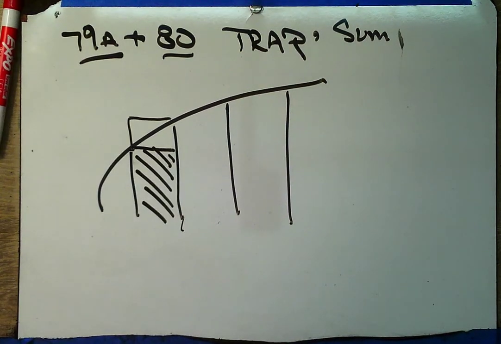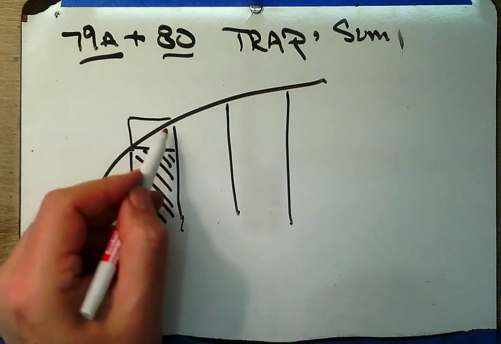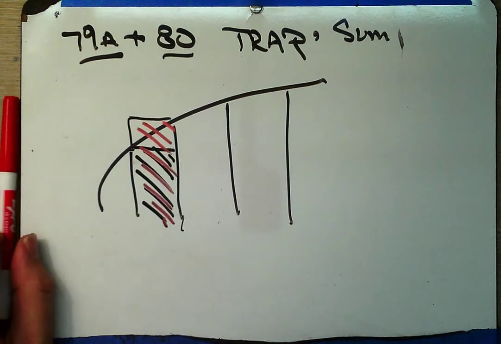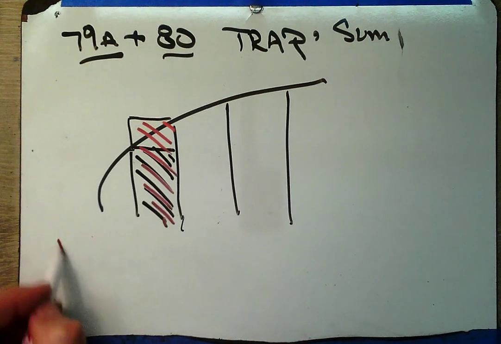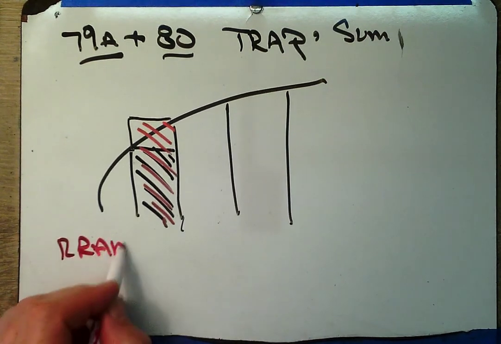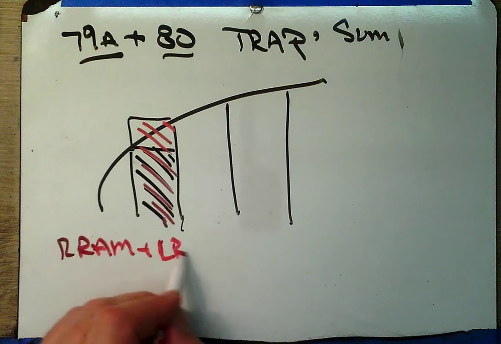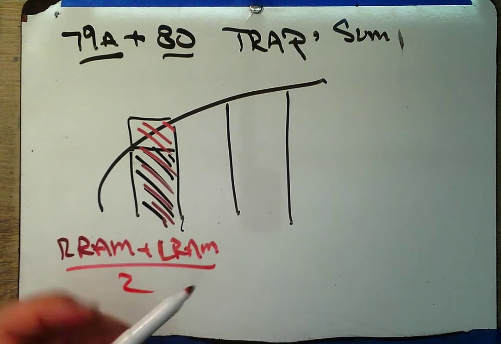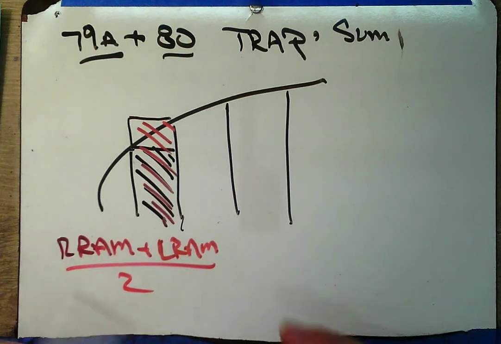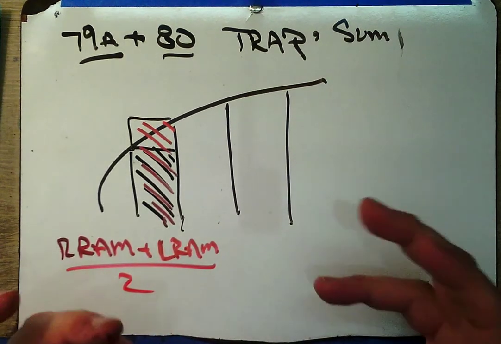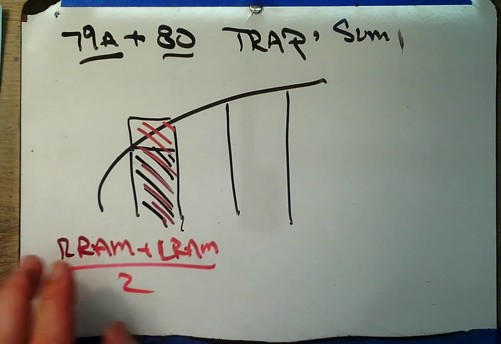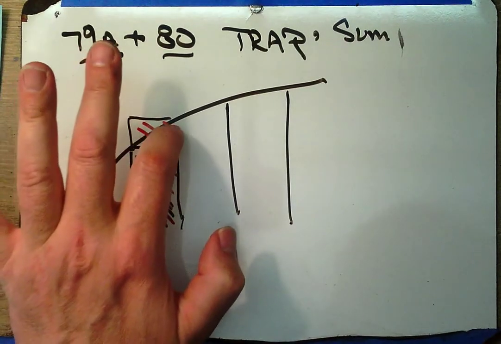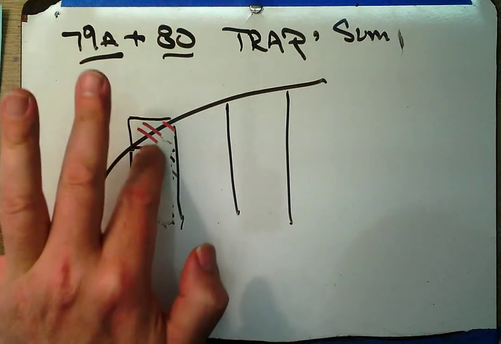That would be our LRAM value. This would be our RRAM value. And so we want to talk about maybe averaging those two. And so we had said RRAM plus LRAM divided by 2 is a better approximation than either RRAM or LRAM alone. It's just a lot more work, and so generally I'm not particularly keen to do it. But let's consider this. What if